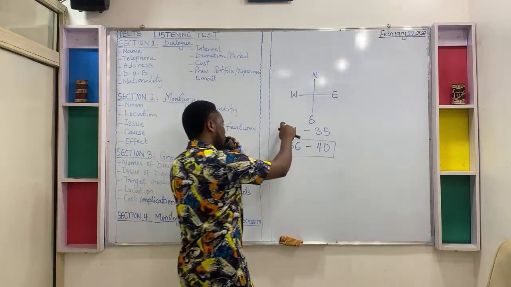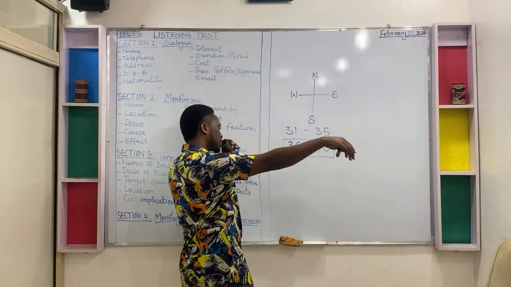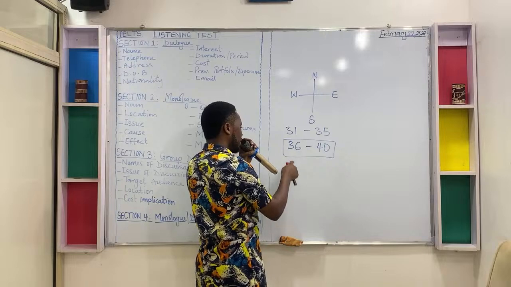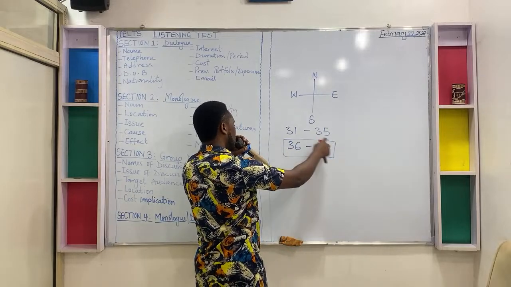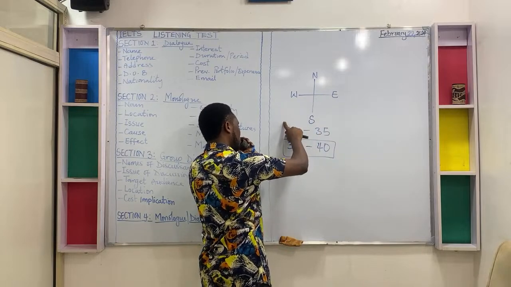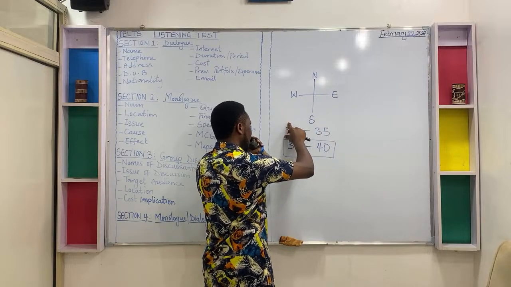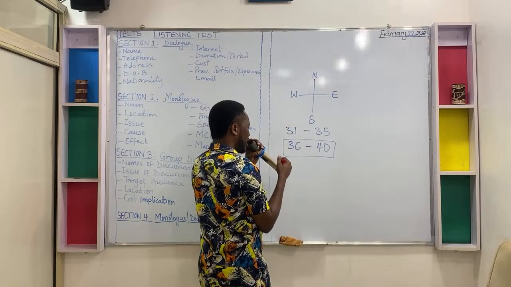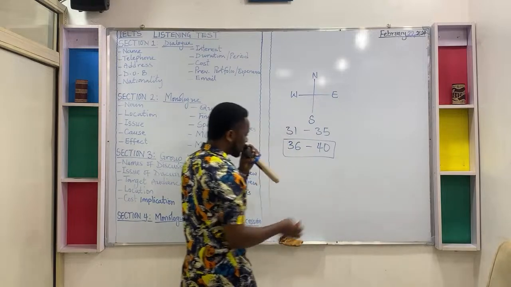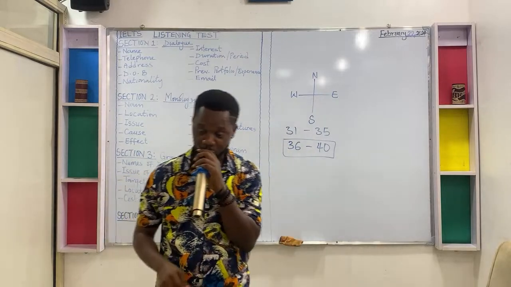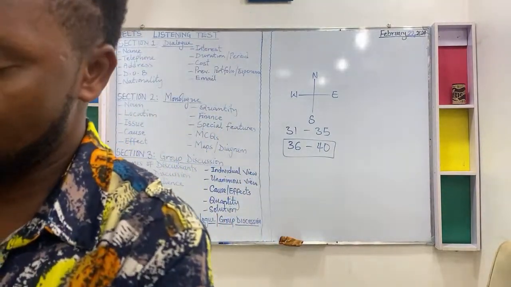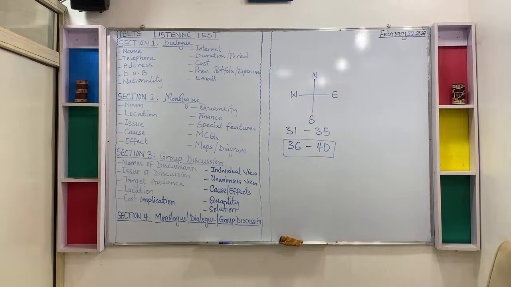But if you choose to read from 31 to 40 within the short period you'll be given, by the time you start approaching question 35, the audio is about to begin. So you have no iota of idea of what goes on around here. Because at this point, you are still going back to 31. By the time you begin solving 31 to 35, you might start feeling exhausted. And then when you get to 36 to 40, you might get lost or you get bored. So this is how to manage the last section, which is usually quite fast.